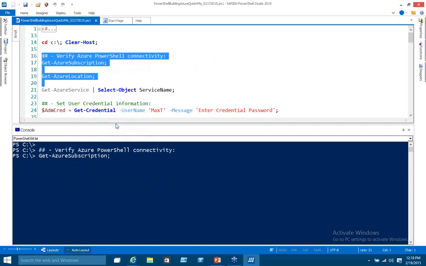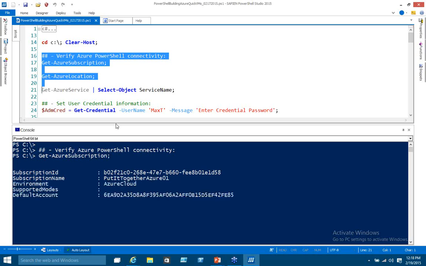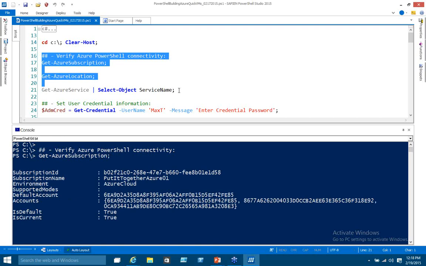It will display my Azure subscription information and Azure location. Okay, so as it populates my console at the bottom,